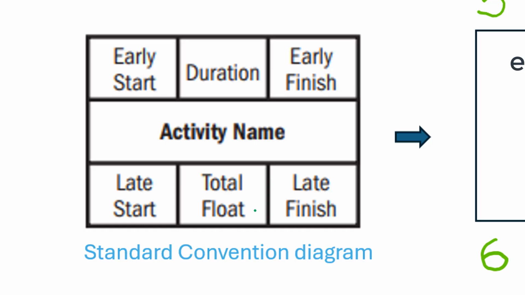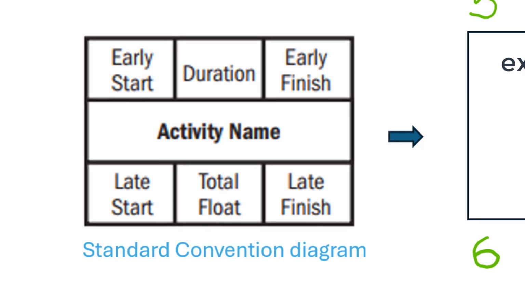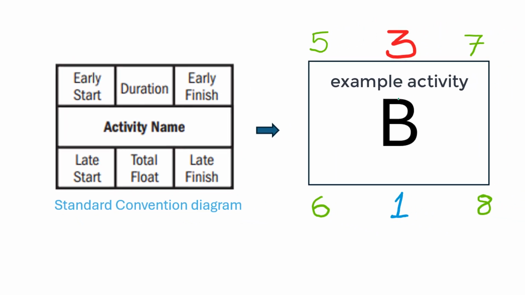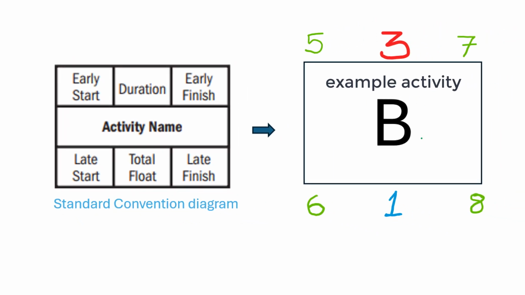There are several conventions, but this is the internationally accepted standard convention to represent an activity. This is the same as the boxes that we were using so far in our diagram. We'll continue to do so. Now, every task typically has some bandwidth. For example, if a task is scheduled to start on a certain day, anything can happen. It may get delayed, but some tasks, like we saw earlier, can have a bandwidth, especially if it is not